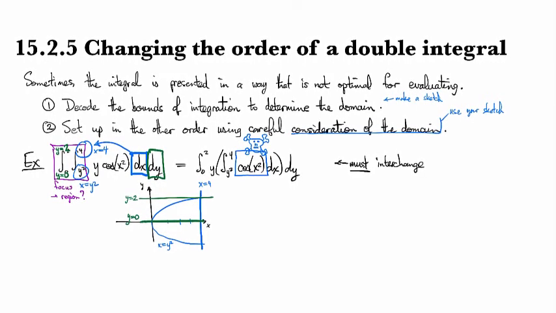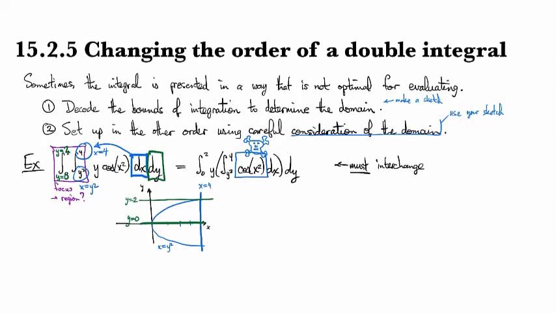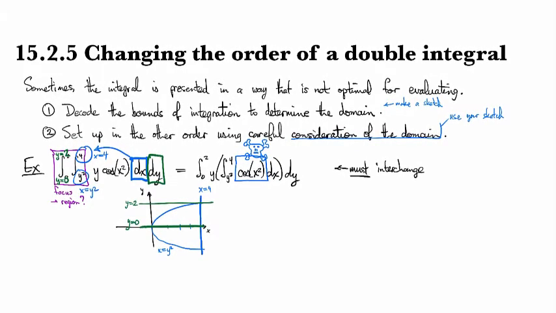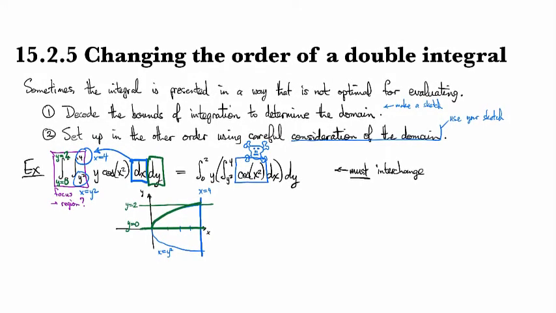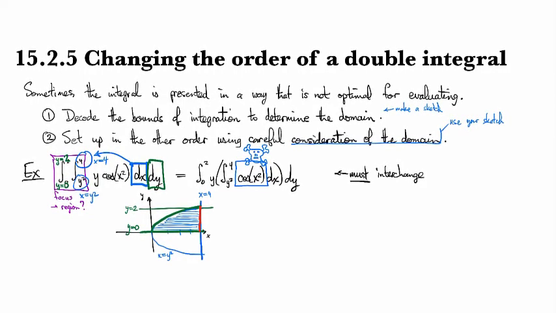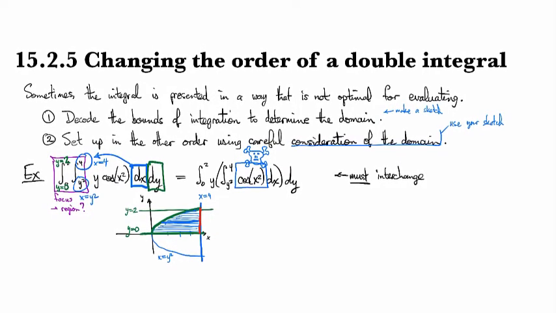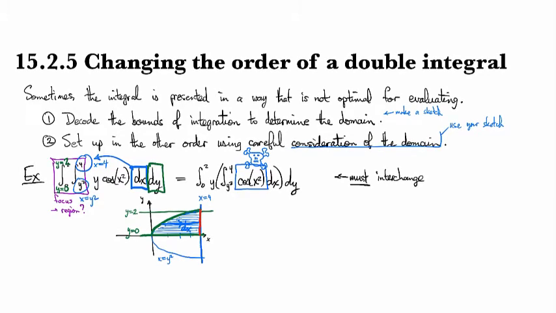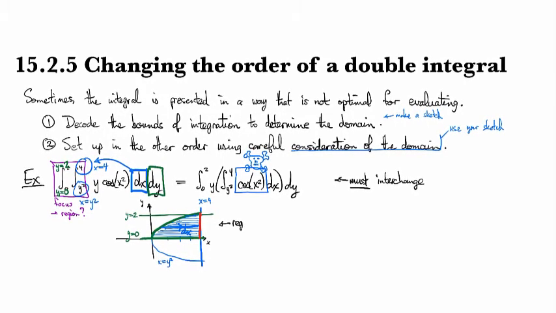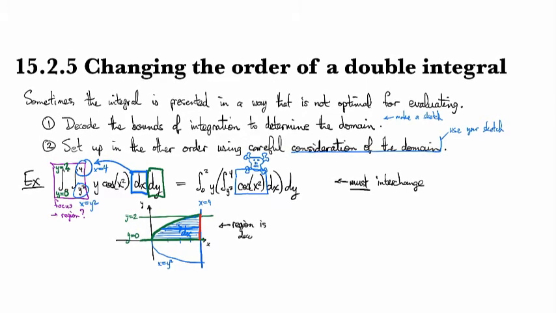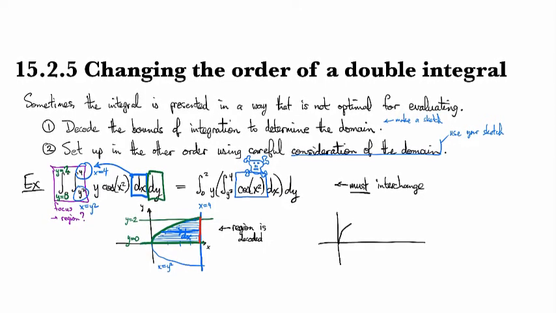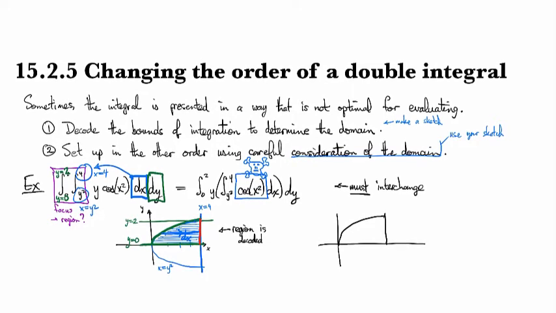The way this integral was set up, using my usual color scheme, it was going from green to red, picking up these slices here. These are horizontal slices because we were doing the dx integration first. Okay, so now I have understood the region. Region is decoded. And now I'm going to figure out how to set it up the other way. So I have this region,